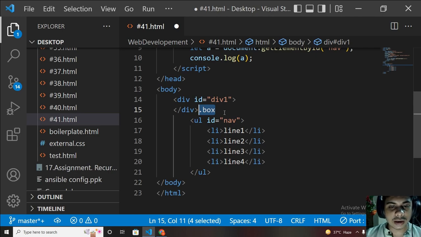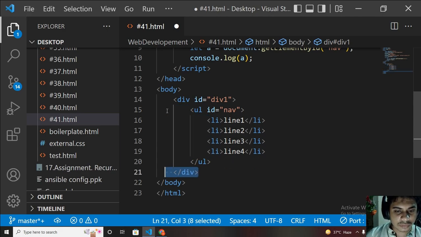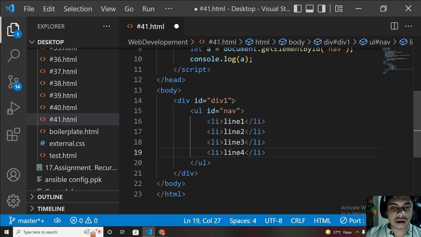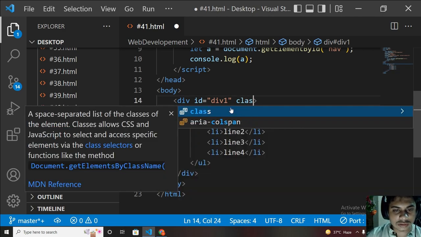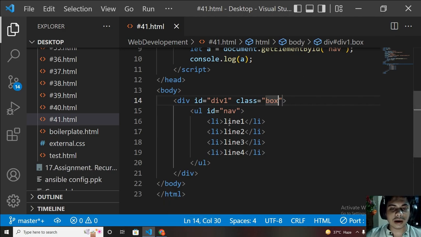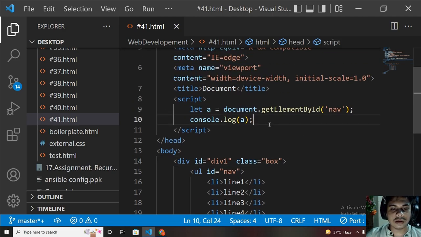Now I can write, okay, that's why it is not showing. Let me first make this here. Yeah, so now it is here. So now it's time to insert the class first. The class should be box, okay. So box is my class, and if I want to target